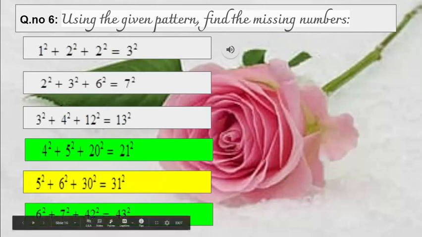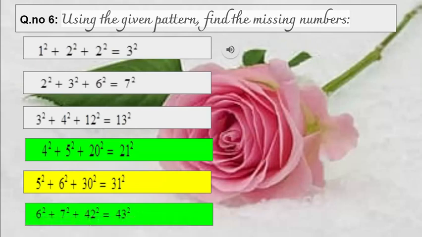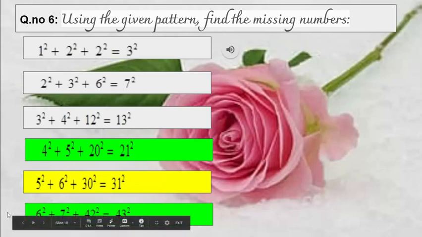Understood it? In any way you can write. If the number is 7 square, then how will you write it? 7 square plus 8 square plus 7 8s are 56, 56 square is equal to the next of 56, that is 57 square. Isn't it? The same way, if it is 10 square, the next number is plus 11 square plus 10 into 11, 110 square is equal to 111 square. Clear?